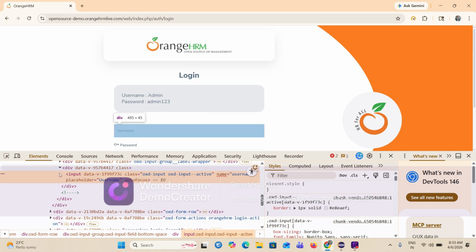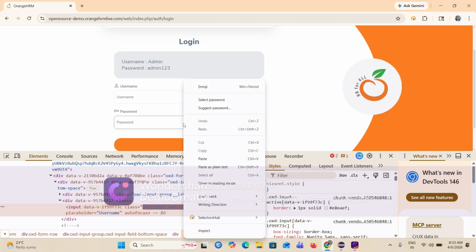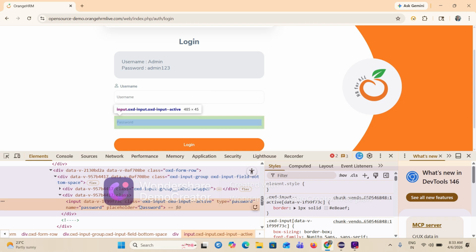This is the username input in the DOM page, and the password HTML also exists in the DOM page.